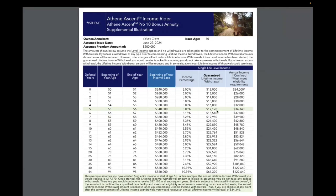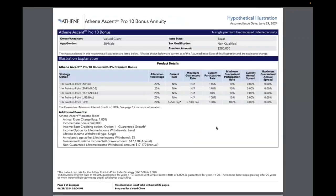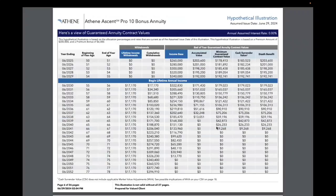Well, it's very simple here. It just goes up. Yeah, I believe, let me see. So let's just go down to the guaranteed real quick. I'll show you how this looks. So same concept as the Agility, only there's a fee in this product. So whenever you take a fee, the fee is 1%. The fee is actually giving you a contractual guarantee. Now, the fee also depletes your asset quicker, but it gives you a contractual guarantee for the rest of your